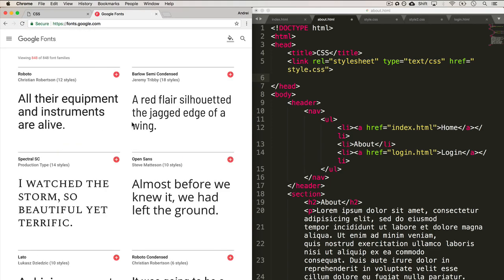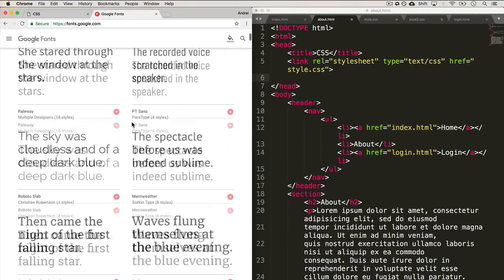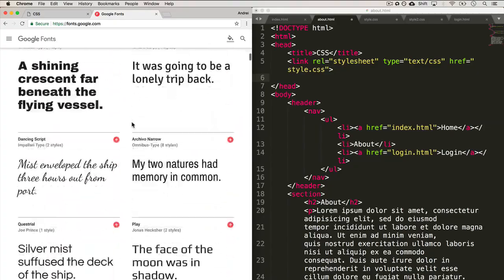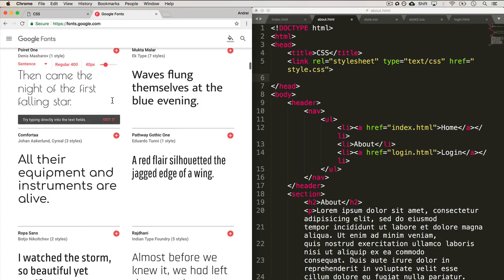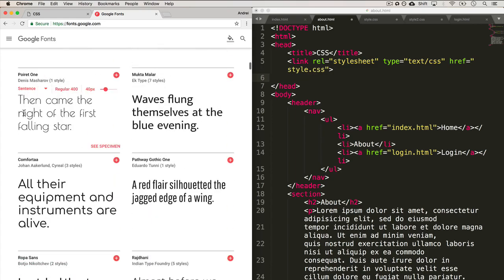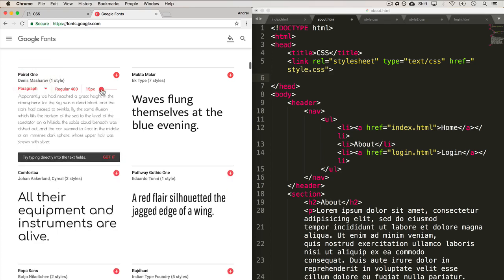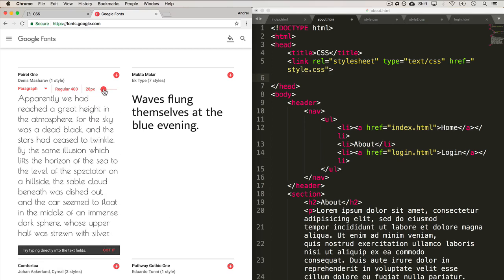Google Fonts actually has these free fonts that you can use, and there's a ton of them. Anything that you find here is more than enough. And I've used this many times when building websites. It's a great resource. I really like this one. So let's pick this one, Poiret One. And you can see over here that you can play around and see what it looks like. You can also see the size difference. And if you click the plus sign over here,